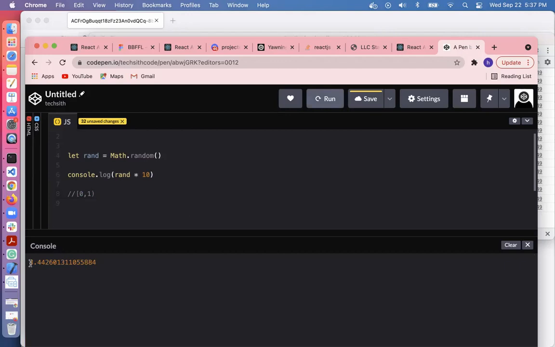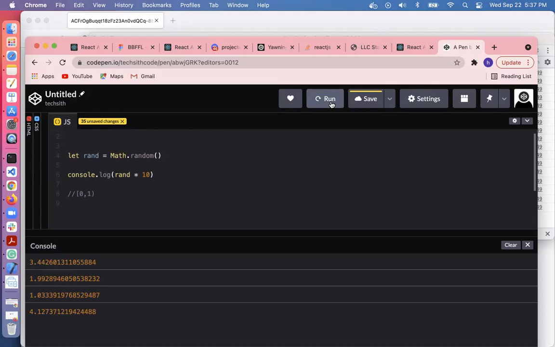Okay, then I get 3.4. Okay, so at least we're getting something more reasonable. So 3.14. Okay, but I don't really care about these decimal points, right? So what I'm going to do is